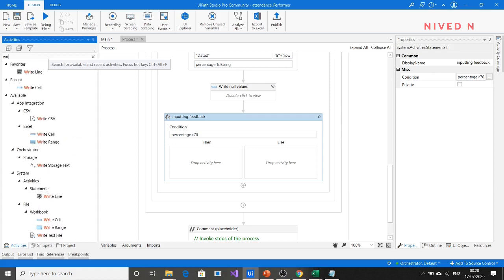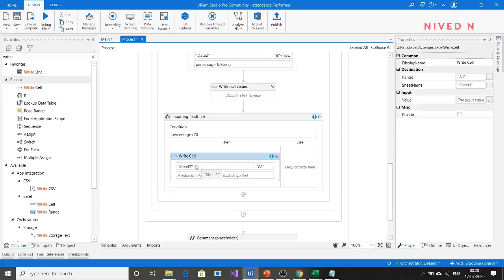Let's say give a write cell activity. Since all these are coming under the Excel application scope, you don't have to provide the file path again. That's one advantage of doing it here. Now data 2. Now you have to specify the cell number.